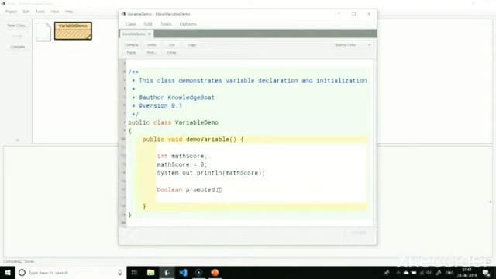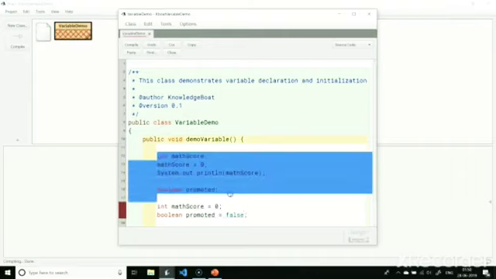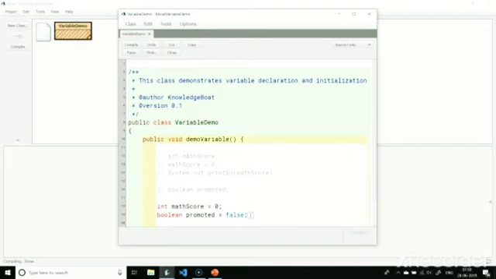You can combine declaration and initialization of a variable in a single line like this. I will comment out the earlier lines. You can declare and or initialize multiple variables of the same type in a single line like this.